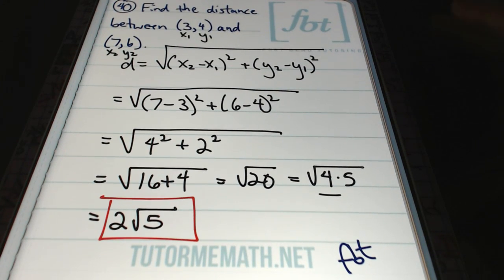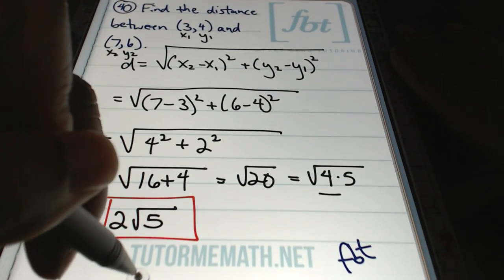This is the length between the 2 points (3, 4) and (7, 6). Done and done. And that was using the distance formula. That was problem number 40. Amen, amen, guys. Moving on